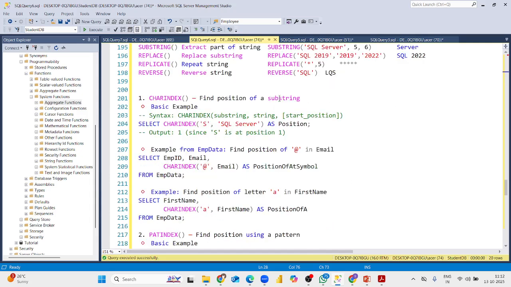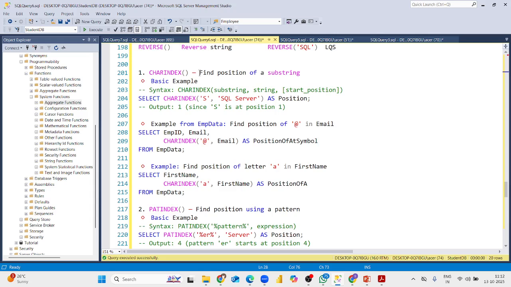The very first function for today's demo is CHARINDEX, which is used to find the position of a substring, right? So CHARINDEX returns the starting position of a given string from a main string. Here it tells us where the at-the-rate sign or dot appears in the email. You can also provide a start position if you want to search from a specific character onward. So this is the basic syntax we'll be having: CHARINDEX, substring, then string, and starting position. This is an